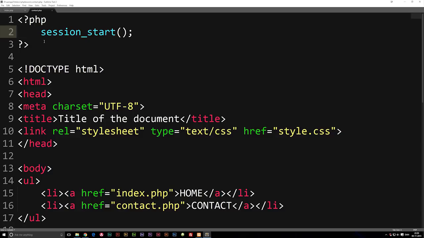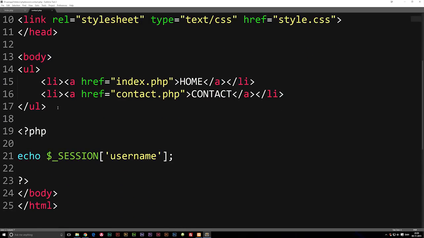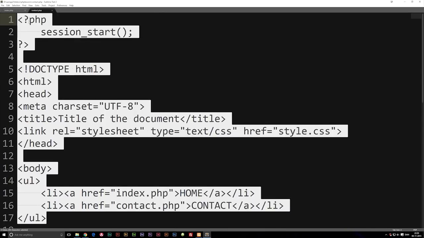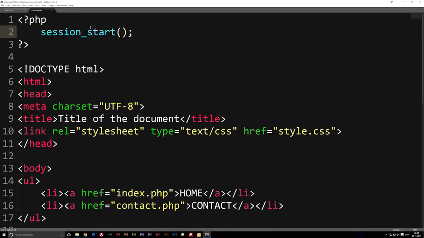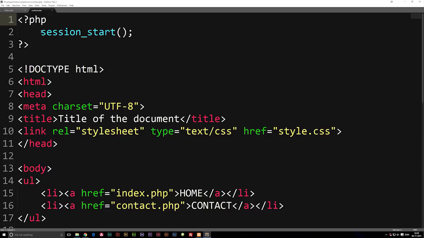Now, a typical thing to do would be to split your website into different documents. For example, I might split my entire header into a document for itself and then link it, or maybe include it on top of my pages with an include function that we do actually have inside PHP. And by doing that and then starting up the session inside the header.php, we do actually have a session running